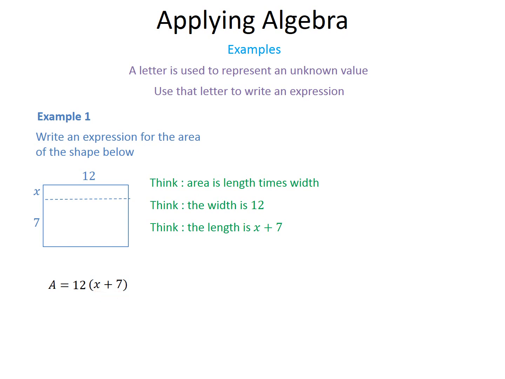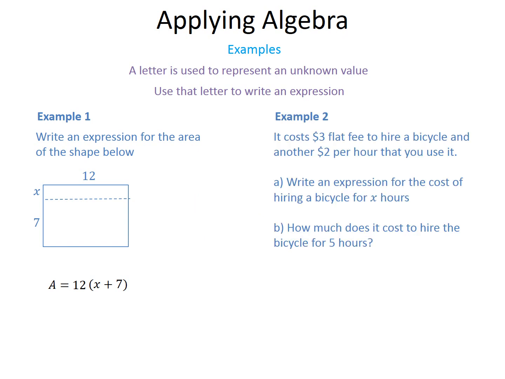Remember, it doesn't matter which way around you do these, but you wouldn't write down x plus 7 in brackets, then 12 after it. The number always goes in front. And so again, it doesn't matter which way around you think of these as length or width, you'll still end up with that same answer, kind of like that putting them in alphabetical order we saw just before. Now, second example,